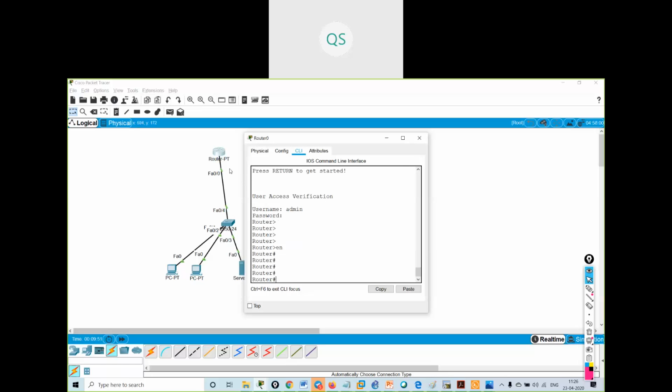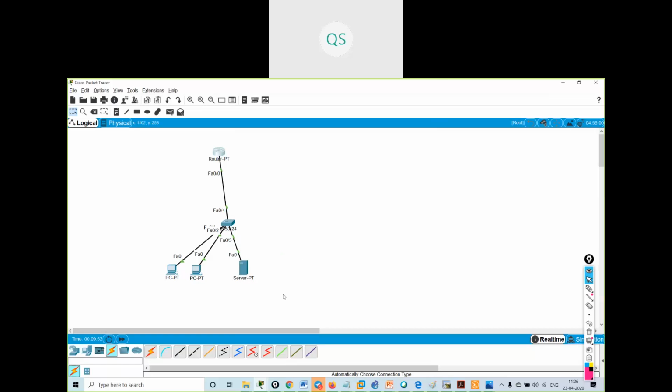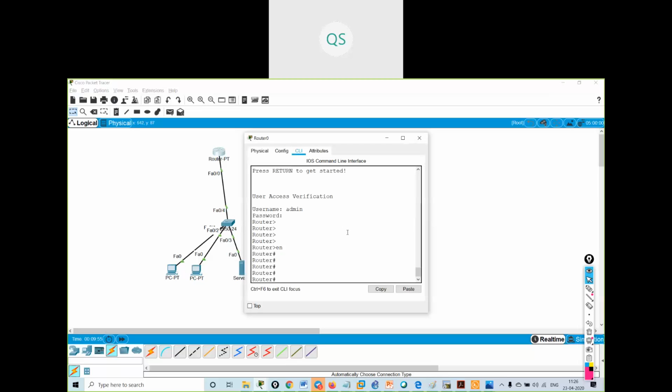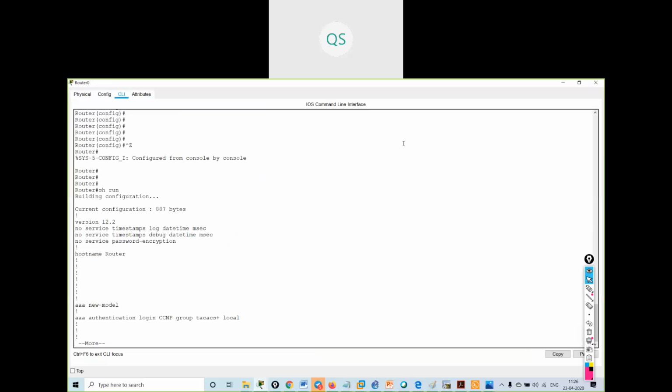Why is it taking local authentication? I've configured the AAA model. It is taking the local authentication.